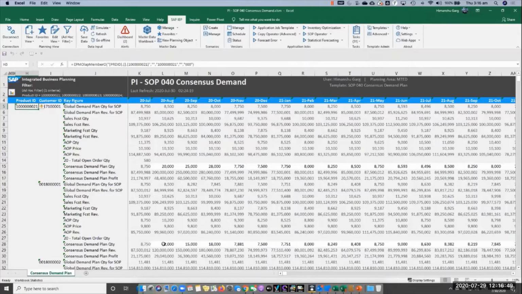This consensus demand plan that you see here is in tons. The product itself is managed in kilograms as the base unit, but we can see data in tons or any other mass unit that is associated with the product in IBP. Now this consensus demand plan quantity is the figure that is passed on to supply planning for S&OP purposes in time series optimizer. Right. So going back to the presentation,